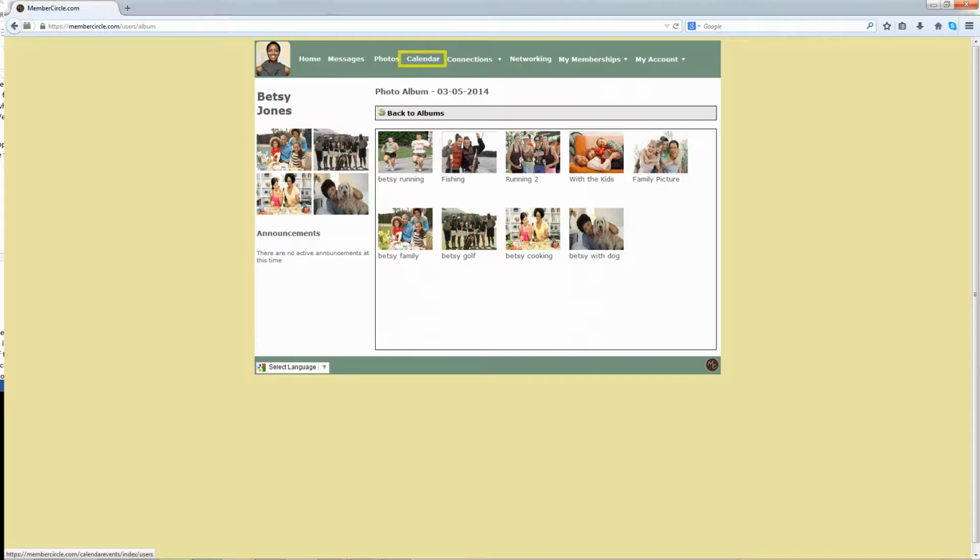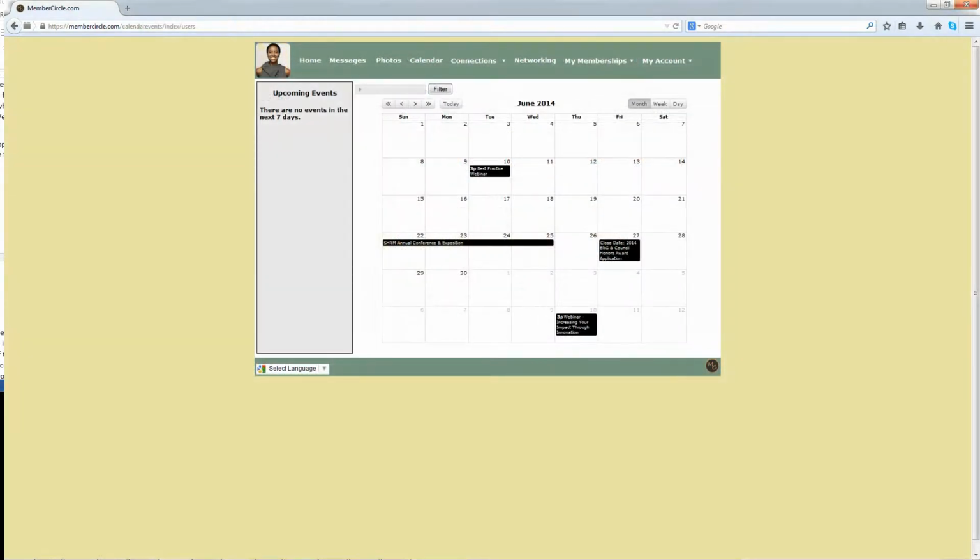Clicking the Calendar link at the top of the page will take us to the Individual Calendar module, which acts as a compiler for all of the user's groups. This calendar shows events from one organization. If a user belongs to more than one organization, they can color-code events from different groups to make the calendar